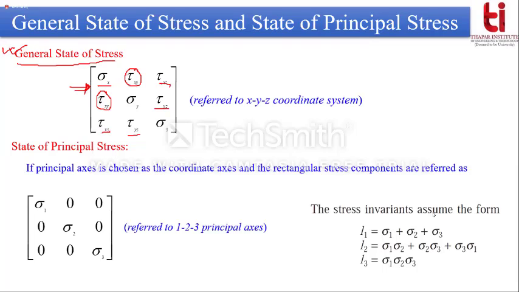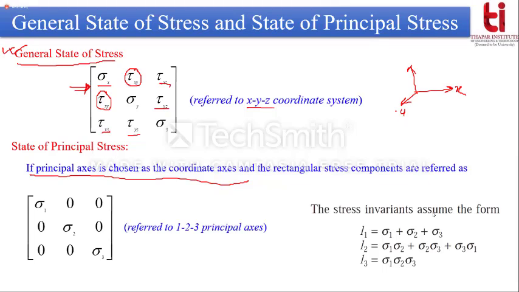Also we can now define some specific states of stress, because we have already mentioned some specific stresses, like what the principal stresses are, and some more will come ahead. What is octahedral stress, what is pure shear. So what is the state of plane stress? State of plane stress is one if the principal axis is chosen as the coordinate axis. What was the coordinate axis here? XYZ, our conventional coordinate, was the coordinate axis.